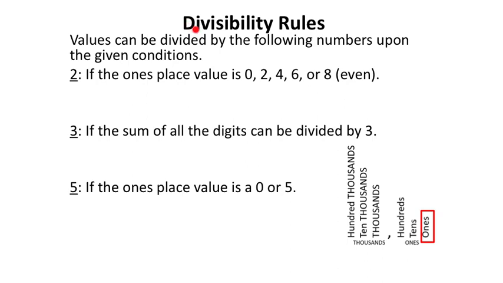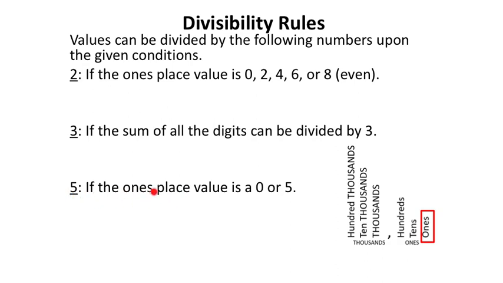If it is divisible, or if it can be divided by 2, then in the ones place value, which is just the number furthest to the right for us, we're not looking at any decimals, number furthest to the right will either be a 0, 2, 4, 6, or 8. Meaning if it's even there, then we know it is divisible by 2. Now again, I'm going to come back to 3, but if it's divisible by 5, again, the reason why I'm doing this one is because you're just looking at the ones place value. Seeing if a value is divisible by 2 and 5 is just a matter of looking. Can you see specifically in the ones place value,